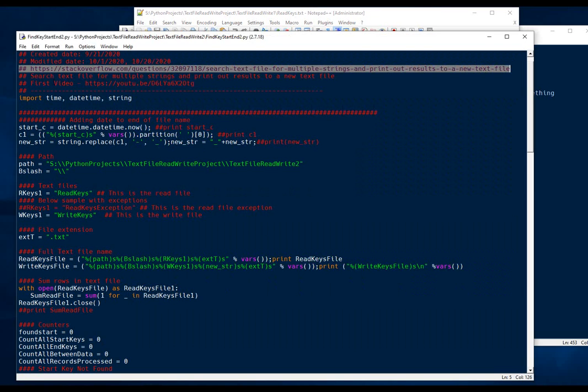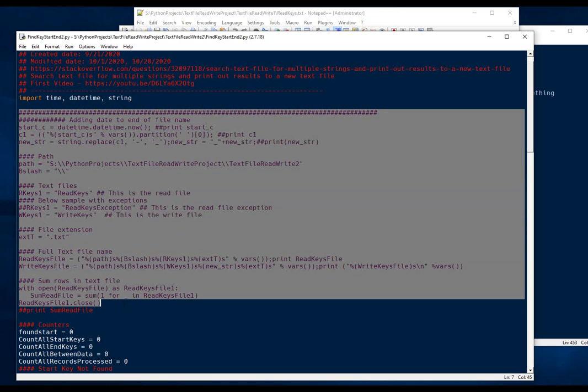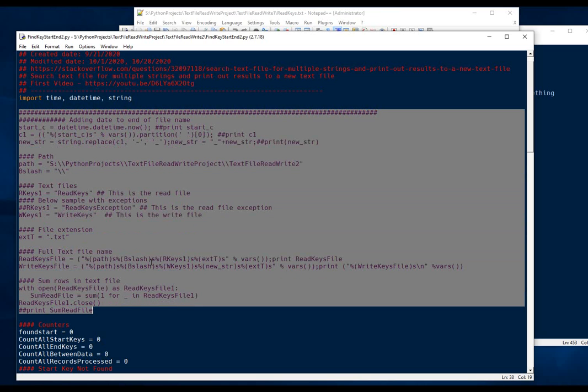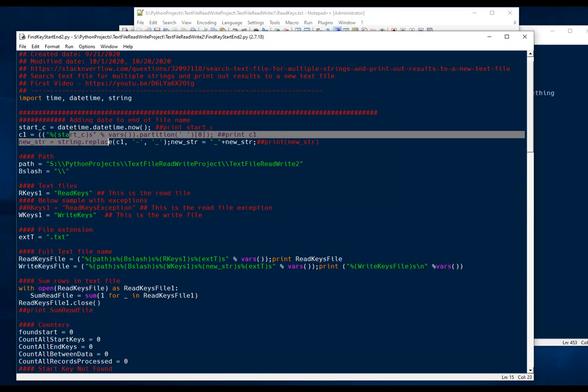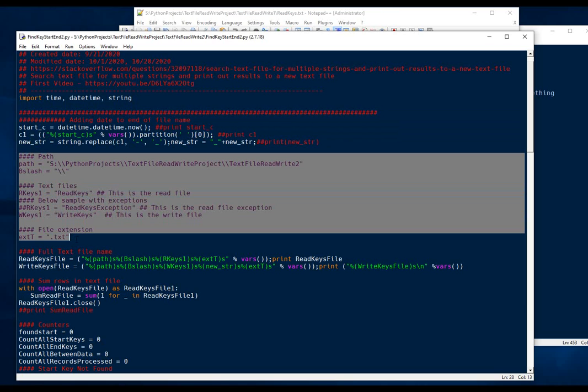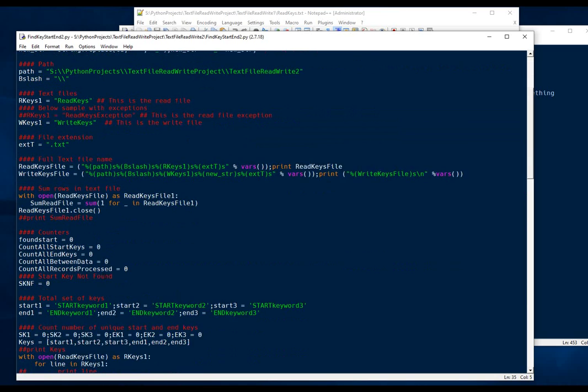And the first program I wrote, if you haven't had a chance to go over it, this is the URL right here. I would recommend going to that one. This is the second one, which is a little bit different than the first. Now, this part is the same as the first, and there's no difference here. It's getting the date at the end of the file, and then the path and the name of the file. That's just straightforward stuff. The difference here is that